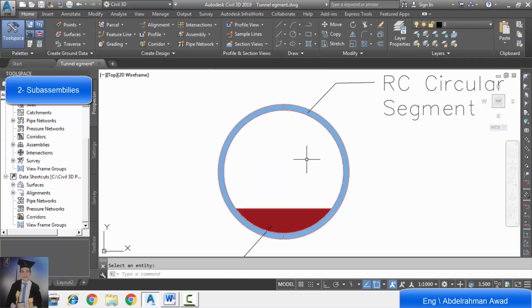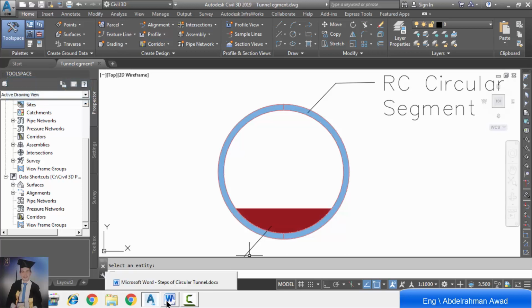So we have finished transforming polylines to sub-assemblies. So we do all sub-assemblies for the assembly. That is the third step and is the most important step.